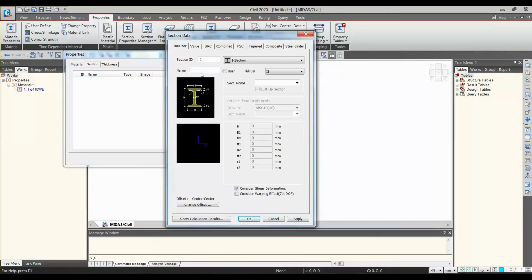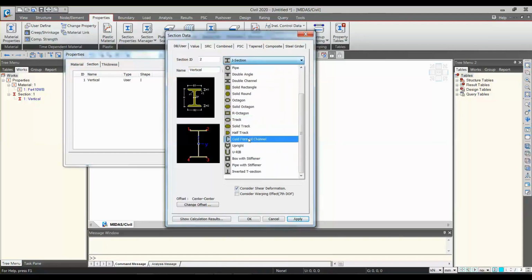Now let's add one section, which is vertical and would be an I section only, right? Let me choose the user option, and I'll enter the values one by one: 800, then 450, then 16, and 25. And this would be the I vertical section. I'll click on apply.